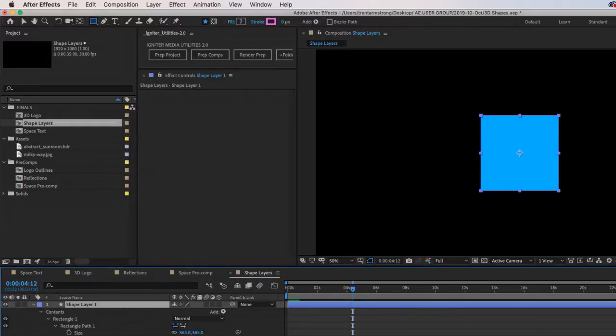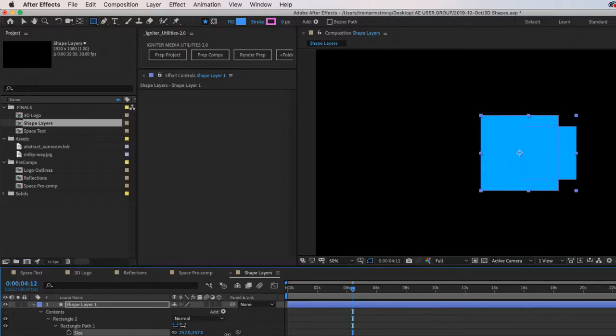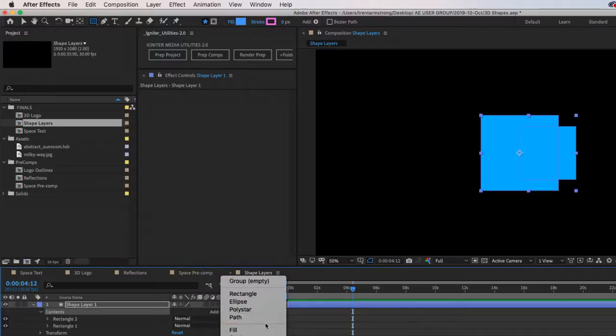All right, so I'll get rid of those guys, and let's do a merge paths, okay? So I'm going to create, or just duplicate this rectangle and make it smaller, like that, and set it to the side. So I have a rectangle 2, rectangle 1, and I'm just going to, with my content selected, do merge paths.